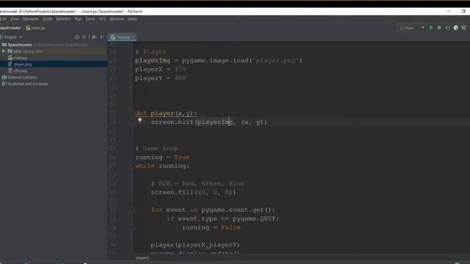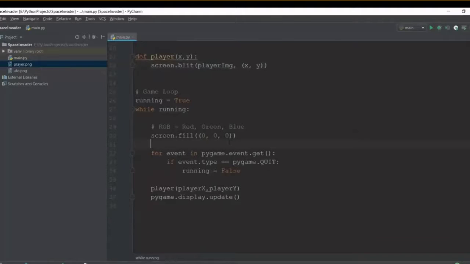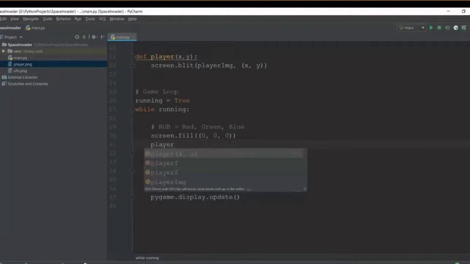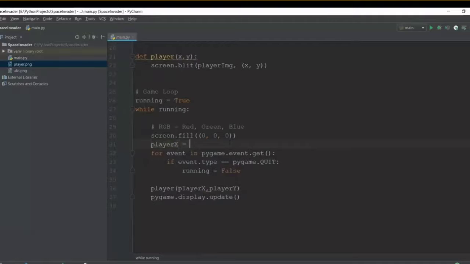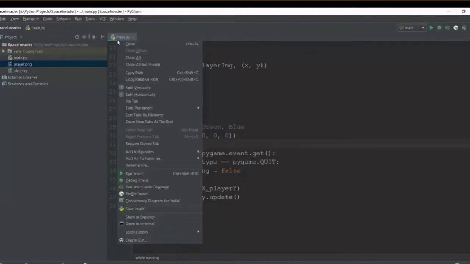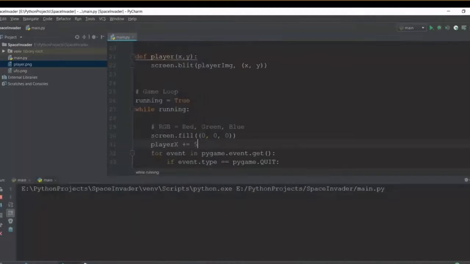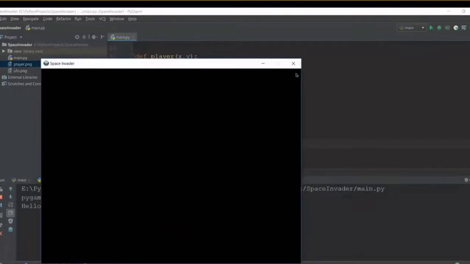Now what if we change the value inside a while running function? So for example, let's say we increase the value of player X by something small. Let's increase continuously by 5. So this will move really quickly and you won't be able to see the image moving towards the right hand side, but I just want to show it to you guys for the speed. So you can see how quickly it moved. I hope you got it.